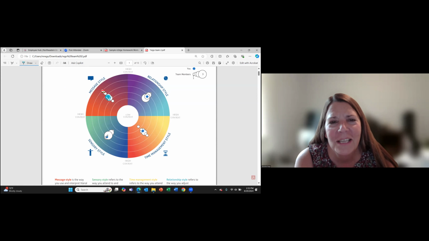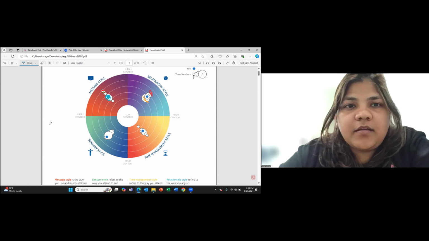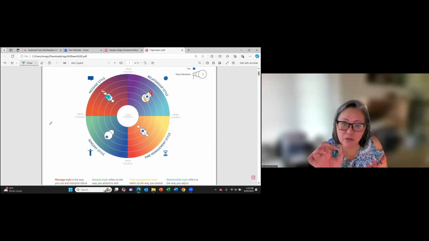That's me on the relationship style. What about you, Aaron? The bigger one, Sahar? This one, the biggest? No, which one are you? I'm the red one on the other side. Did you draw on the bigger circle or the smallest circle towards the outer edge? Yeah, the red towards the outer edge, that's me. Okay, because I'm in that middle bubble, it looks like there's probably 2 or more people. Yeah, that's probably you and Michelle both in that space.